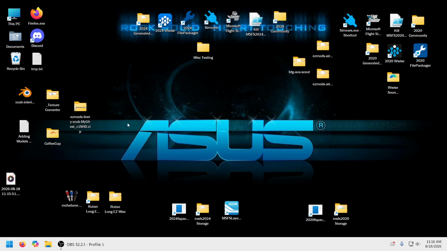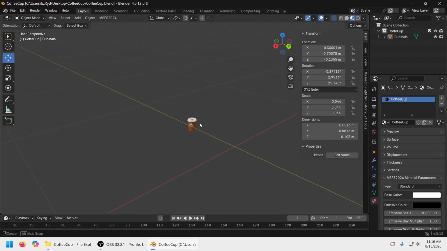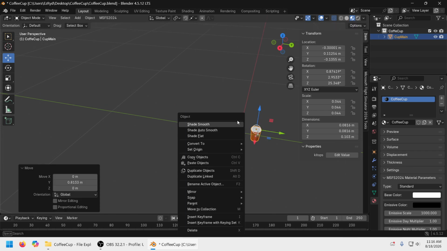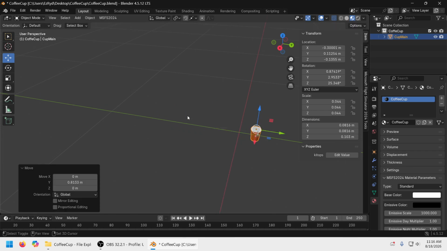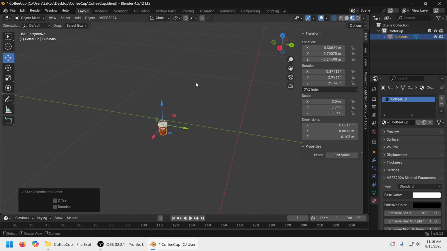I'm going to try something that is going to be an experiment. Let's imagine you have this model here, and you want to place it in the scene. Now, obviously, when you make the model,